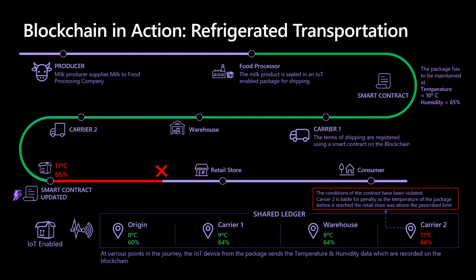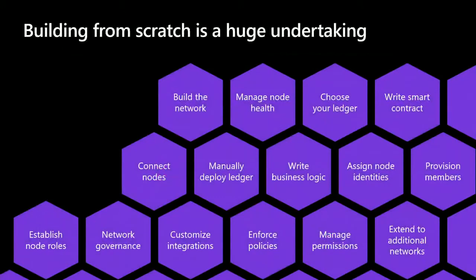Now, important to this as well is this then creates a record of that transport carrier in terms of their ability to handle the product appropriately. If they do this multiple times, you have a record of it, you could cancel their contract, give them a penalty, et cetera. So this is just one case. We see supply chain is very common, we see healthcare very common, financial, it applies across all industries.